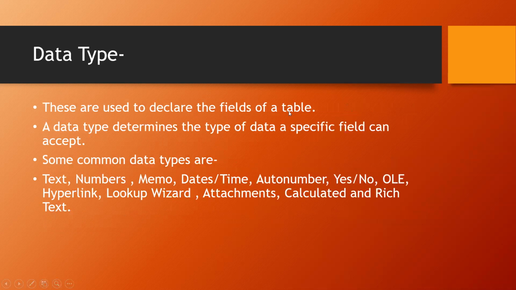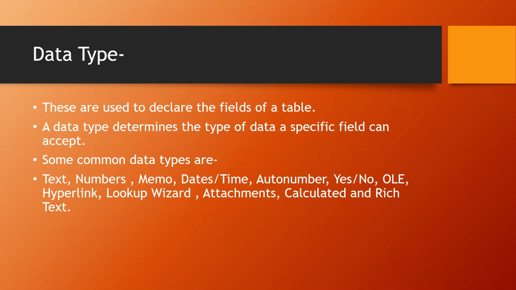Next, let us learn what the data types are. Okay, so data type is basically, see, I told you in the tables you are going to put the data. So that data will have some kind of type also, beta, because in Python also we have learned there will be data types of the data that a user is going to enter. So here also we have the data types.